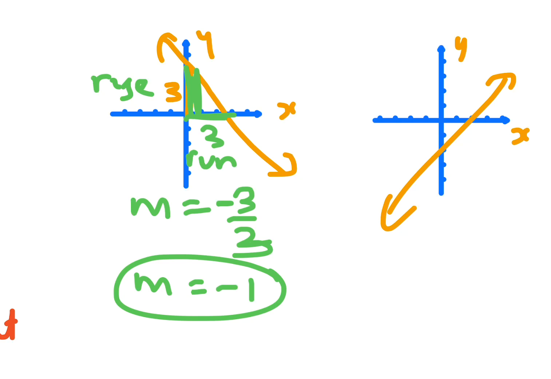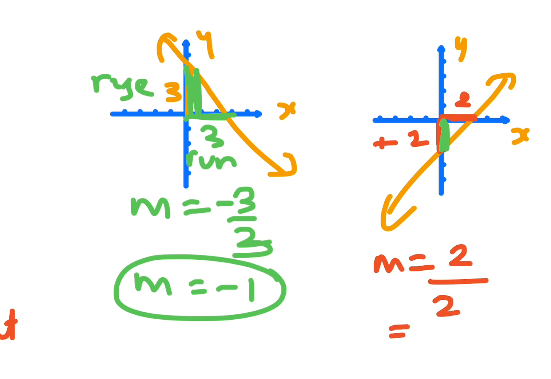If we look at the next one, it's 2 across, 2 down. So the rise is actually the 2. This one, the 2 going down, that one. And the run is 2 across. So it's 2 for the rise and 2 for the run. So the gradient is 1, and it has a positive